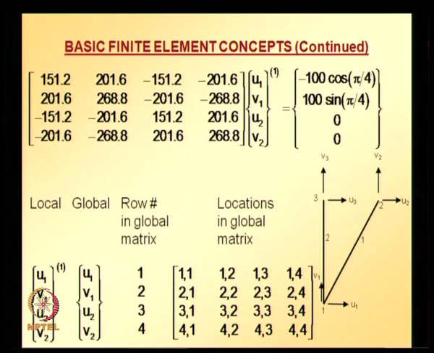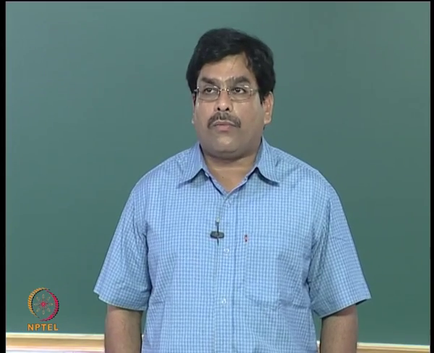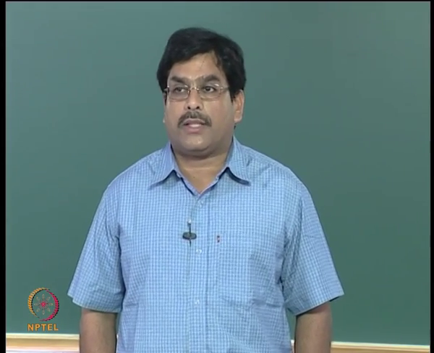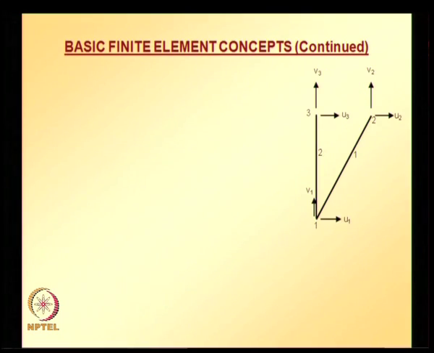So 1 1 location, whatever is there at 1 1 location in the element equation for element 1, it goes into the location 1 1. Similarly, whatever is there at location 4 4, it goes into the 4 4 location of the global equation system. So now let us look at the equation system for element 2. Element 2, local node 1 is 1, local node 2 is 3,